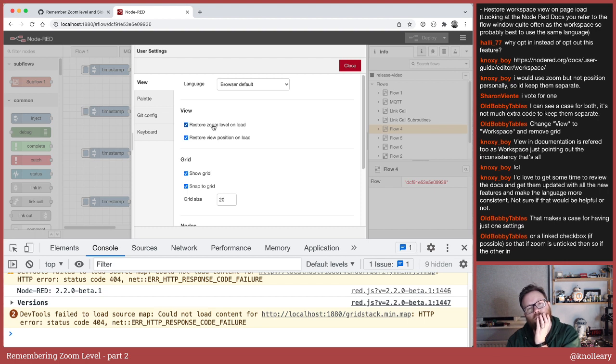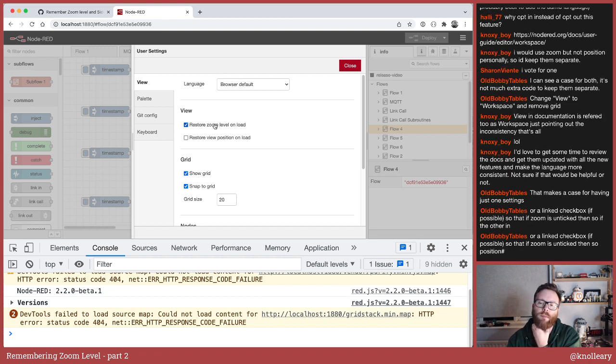But Charles, I think there's a genuine scenario for wanting to remember the zoom. You know what, I think we might just live with that. I think it is slightly unusual, but again, there's definitely a scenario where you want to remember the zoom level but not the view position, because for legibility you prefer it zoomed in, but you do want it reset back to the top corner whenever you reload. That's a user scenario I can get behind.